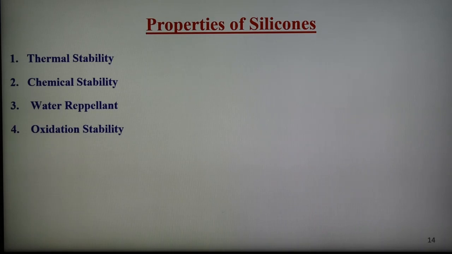The second important property is chemical stability. Silicones are not only thermally stable, they are also stable towards weak acids, alkalis, or aqueous solutions of salts at room temperature. The silicon-oxygen bond is fairly ionic and can be cleaved by strong acids and strong bases. The third important property is water repellency. A unique property of silicones is that they are water repellent. This is due to the surrounding hydrophobic organic substituents which encase the polymer backbone. Because of this water-repellent character, silicone possesses a desirable property, that is non-stick, and therefore it is useful.